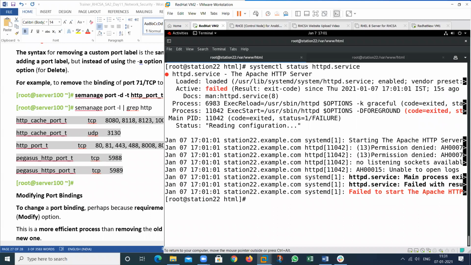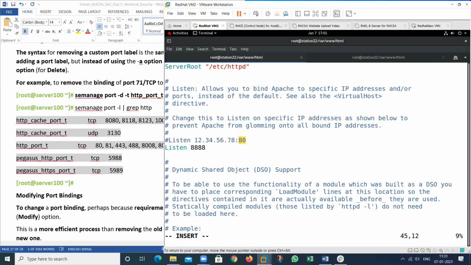But I want to open this particular port by using my standard port. So go to the location /etc/httpd/conf, then httpd.conf. I will change this particular port to the allowed port, that is 80.